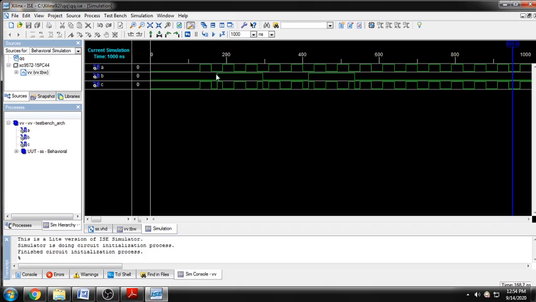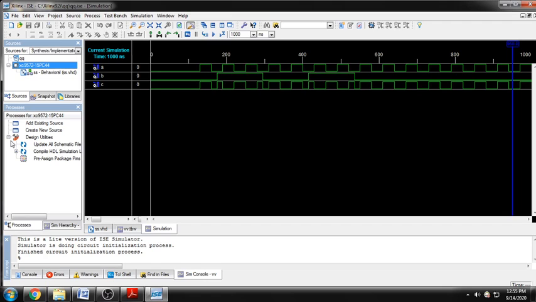This is low because these ones are high, so it is low. So you can see in this practical that when the number of odd ones is there, the output is high.